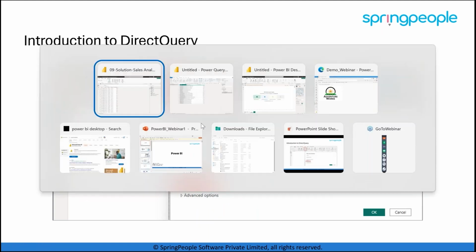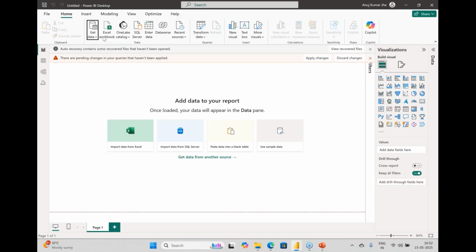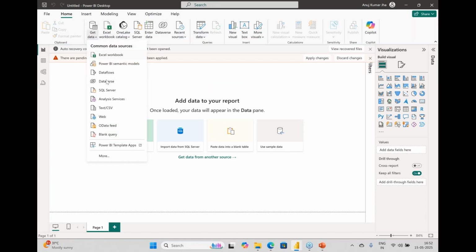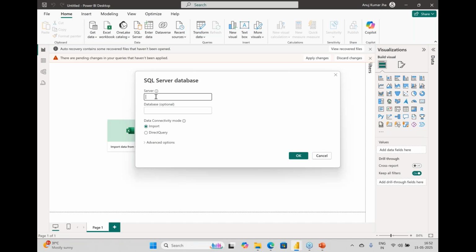I have to show you one more interesting fact in this. Let me just cancel this and close. By the way, if, for example, I want to have a connection with SQL Server, you need to provide the server name and database name, or if you have a direct query, basically